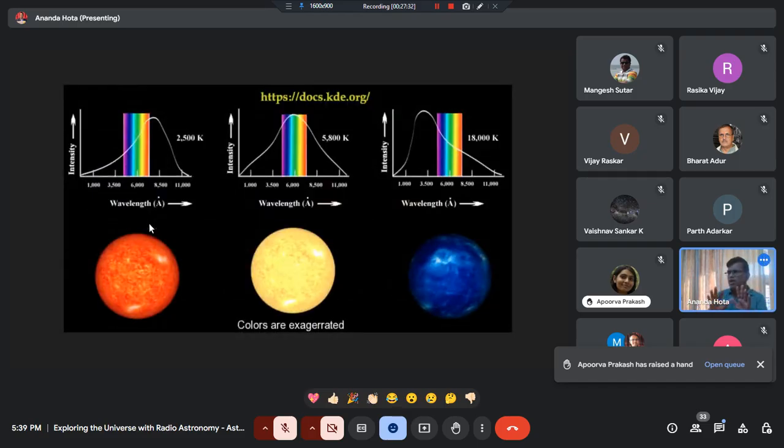So this is the measurement. Color is now converted to measuring the color, the brightness. Anything which is looking blue means it is giving more light in the blue. Any blue star gives more light in the blue band compared to its red band. We should be able to measure how bright it is in the blue filter image, how bright it is in the green filter image, how bright it is in the red filter image. As you can see, the curve should be like this. So blue filter image brightness will be high, green will be in between, and red will be the least.